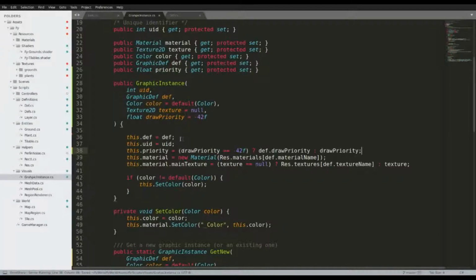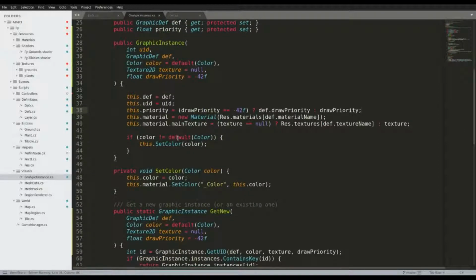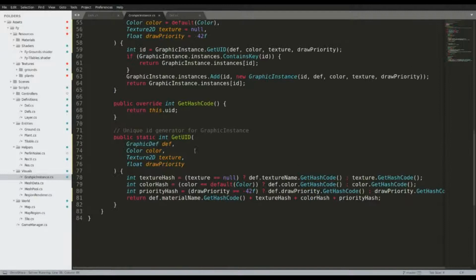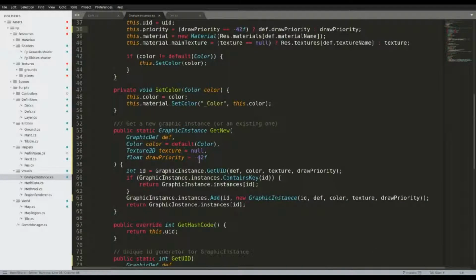So now we can override the draw priority. We just need to handle this